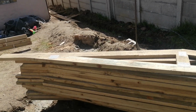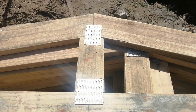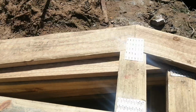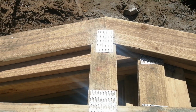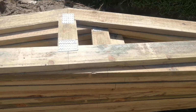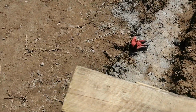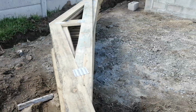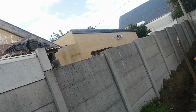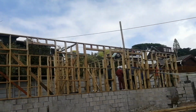trusses. We make our own trusses. The reason why we made the lower trusses, not the higher trusses, is that this house is already way above the ground, right? And also, you don't want it to be a very big structure that can obstruct the neighbors, because these areas are about views. Once you block other people's views, like all those neighbors,